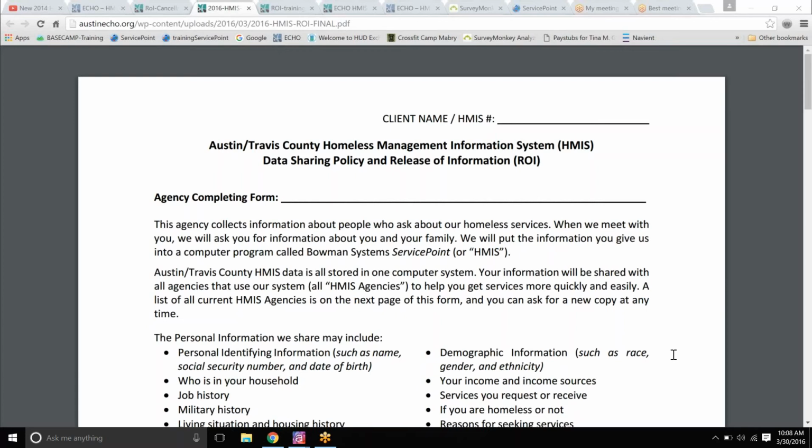That was included in the email reminder, and I'll include it as well when I follow up after this. And then there's also a ROI FAQ that we did last time that you will also be able to have access to in that email. Other than that, we're going to go ahead and get started with the changes. So this is to address the administrative changes we have made to the ROI.